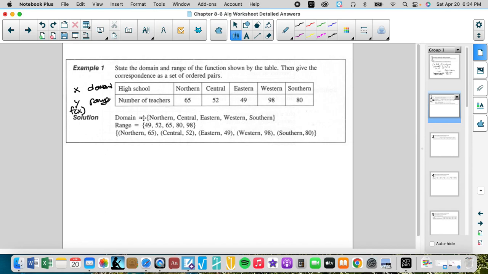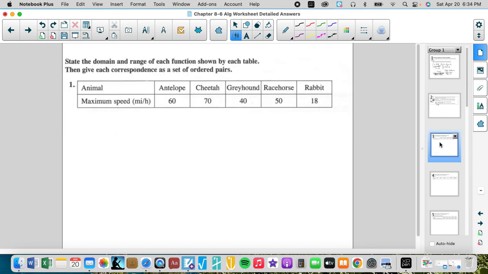So my domain is each of these unique pieces of data. This is my output, and then we give the correspondence as a set of ordered pairs. Notice that we have our x and then our f of x or our y. So you have the input, the output. Okay, so the domain,